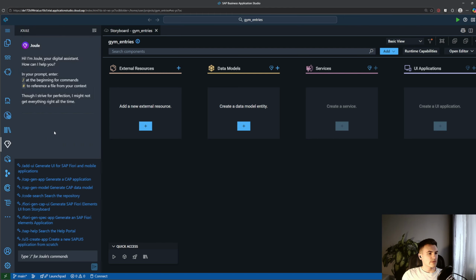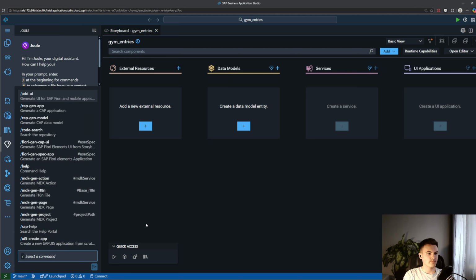And in this panel you can type in comments to, of course, just generate some code and other stuff. But the Joule is actually restricted to typing in with commands. So you cannot just type in do something or calculate this math equation or something like that. You need to use these commands. And if you type backslash, we're gonna get a set of possible